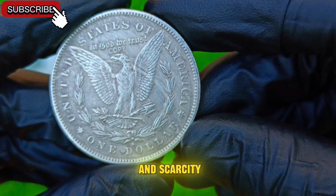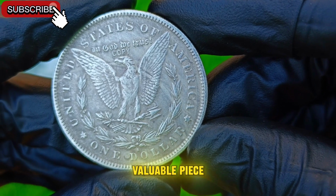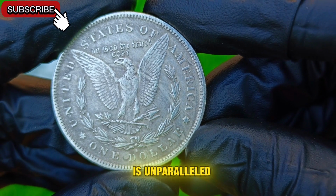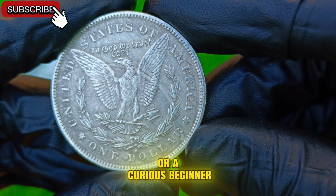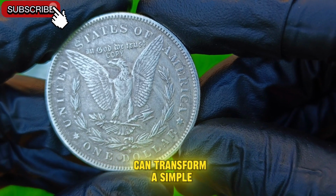and scarcity. In a world of rare coins, the thrill of discovering a valuable piece like the 1892 Morgan dollar is unparalleled. Whether you're a seasoned numismatist or a curious beginner, understanding the stories behind these coins can transform a simple hobby